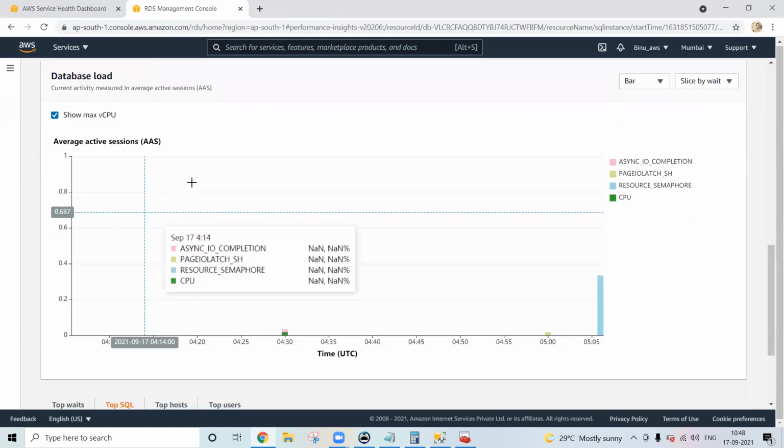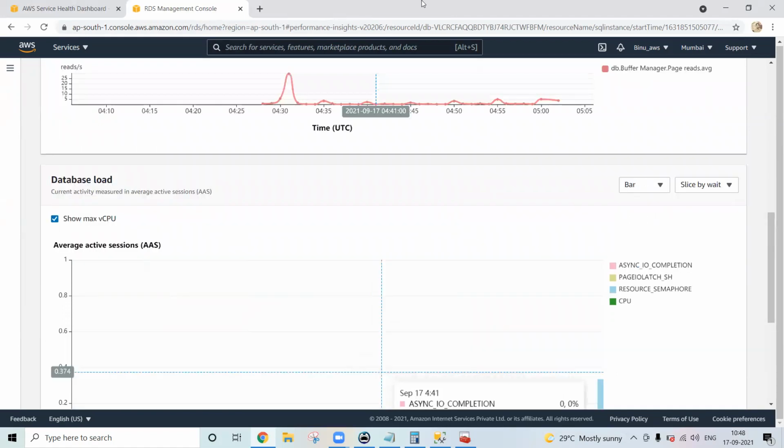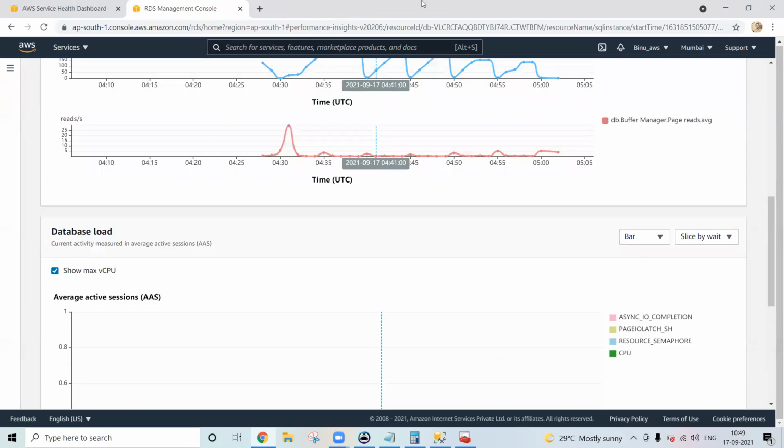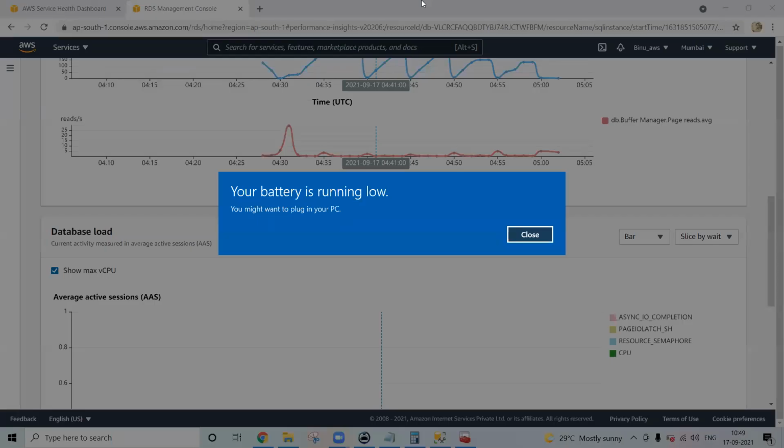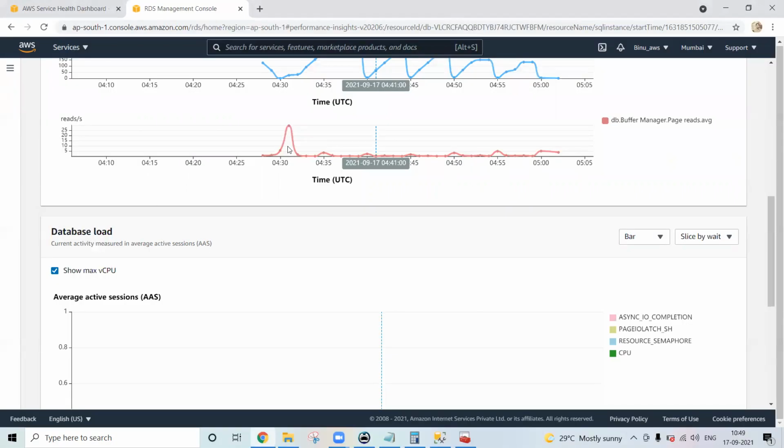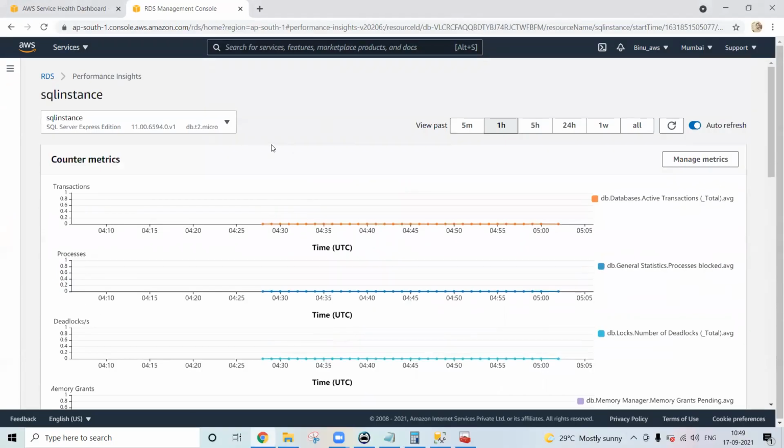Yeah, this will give you, see, even under the CloudWatch or the monitoring, it will give you the CPU utilization, memory utilization, storage utilization, and how many database connections are there, right? But what was the session ID, what query was running, okay? That you cannot get from the monitoring. Where can you get that? That you will get from Performance Insight. Let me show you. This is a Performance Insight, okay?